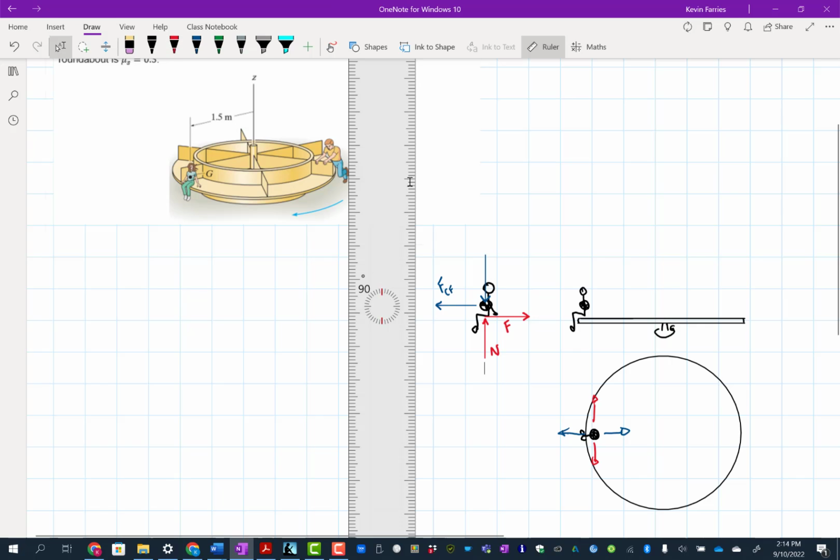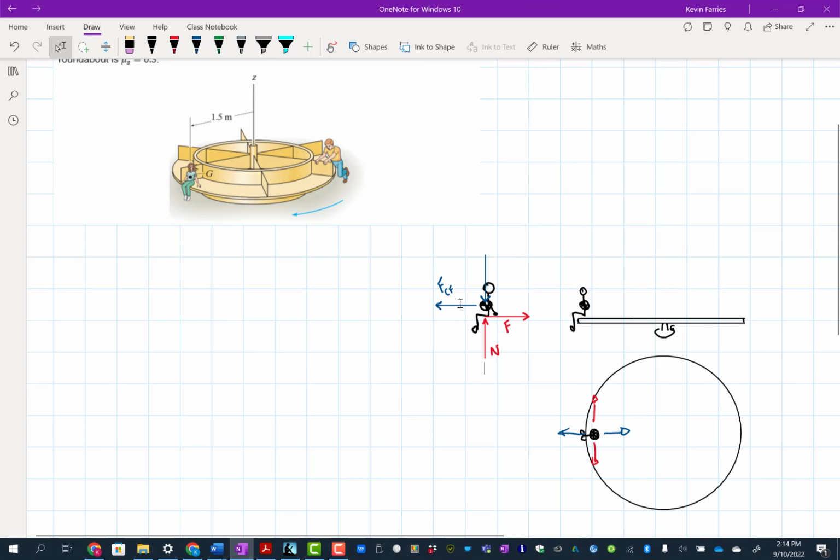Okay, so we're kind of bringing in the frictional stuff into this as well. Now, that centrifugal force, that's horizontal. So it's a radial force, so it acts outwards from the axis of rotation. So you've got your axis of rotation here, the center of rotation's here, and so that centrifugal force is acting